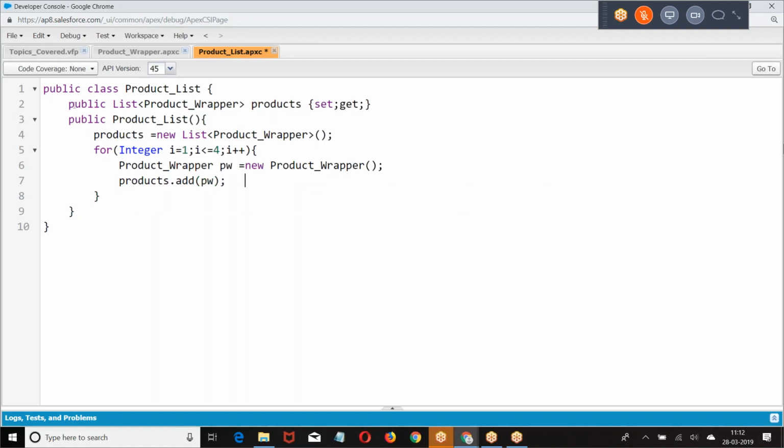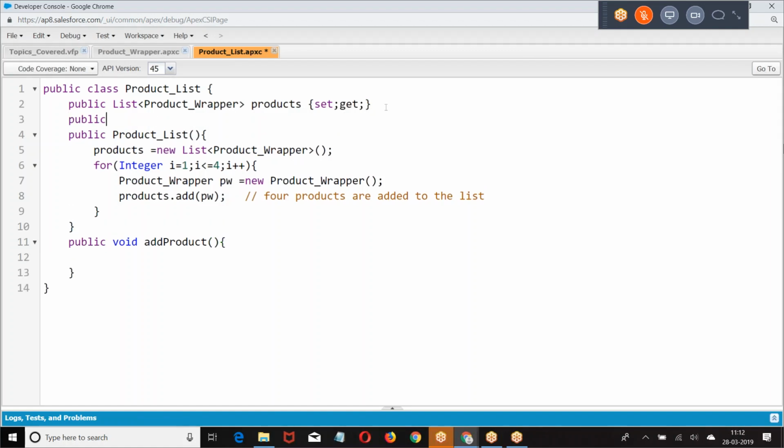So how many elements are added? 4. Then I am having public void add. Now they are giving the index: at what position should the element be added?